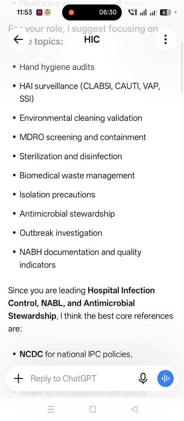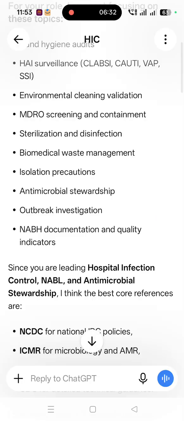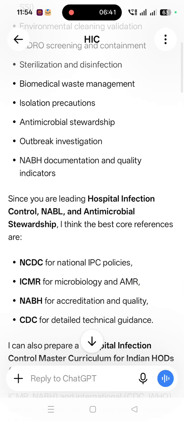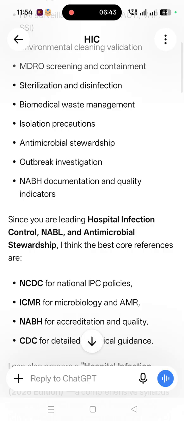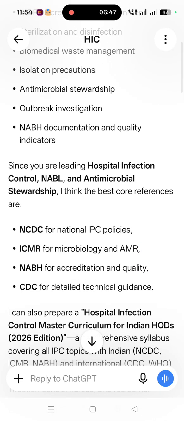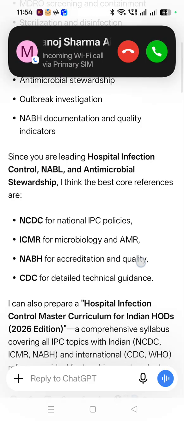So these are the important topics: environmental cleaning, MDRO screening, containment, sterilization, disinfection, biomedical waste management, isolation and precautions, antimicrobial stewardship, outbreak investigation. These are important things. NABH documentation, and